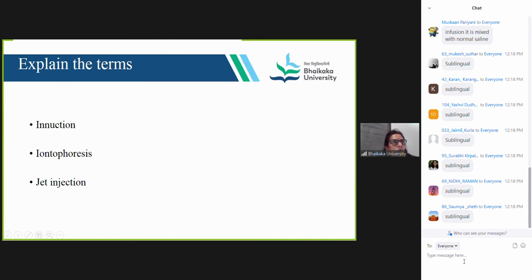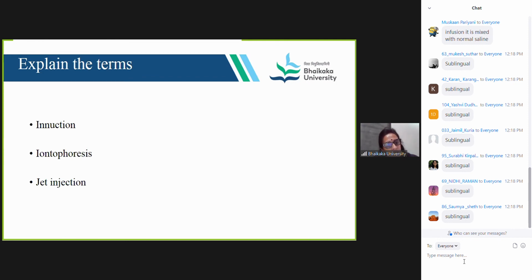Again, I have given one example. I think it is the assignment which we have discussed: what is the bolus and infusion? So now, related to the route, I am giving these three terms. You can write down these three terms, and then we'll discuss in my next class what is the meaning